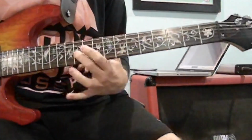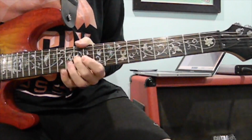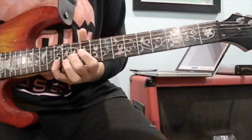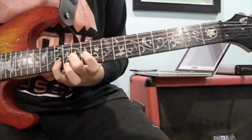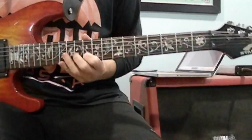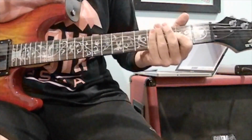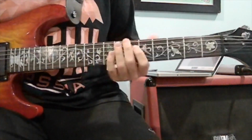But the idea is that you're going to keep the one finger here on the 11th fret on the third string up from the bottom, I mean, and then you want to get this sound with your other finger on the 13th fret of the second string up from the bottom. Again, more dissonance, and that's what we want in this case. And then, like I said, on the 4th time that you hear it, you're going to switch from this lead and play the same thing that the backing guitar plays, which is just